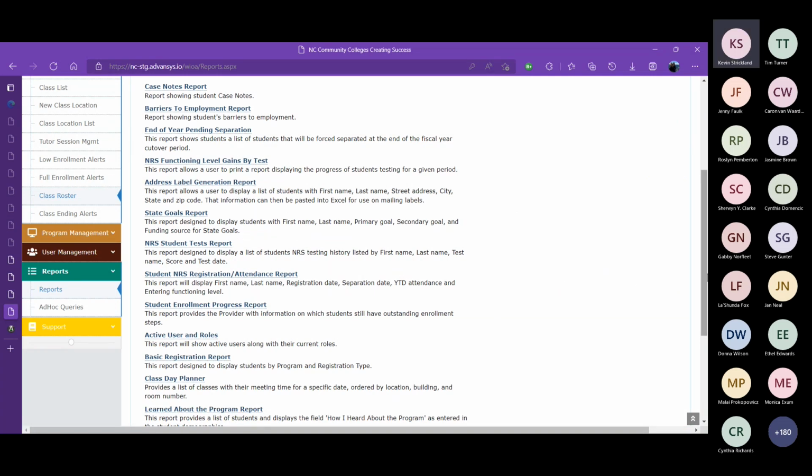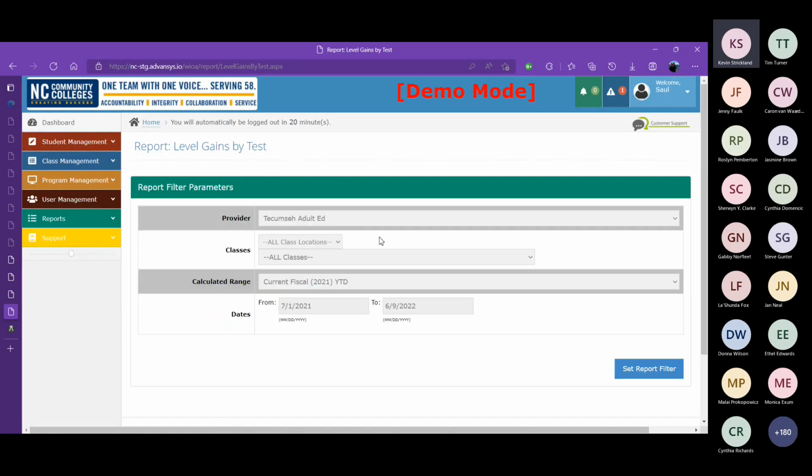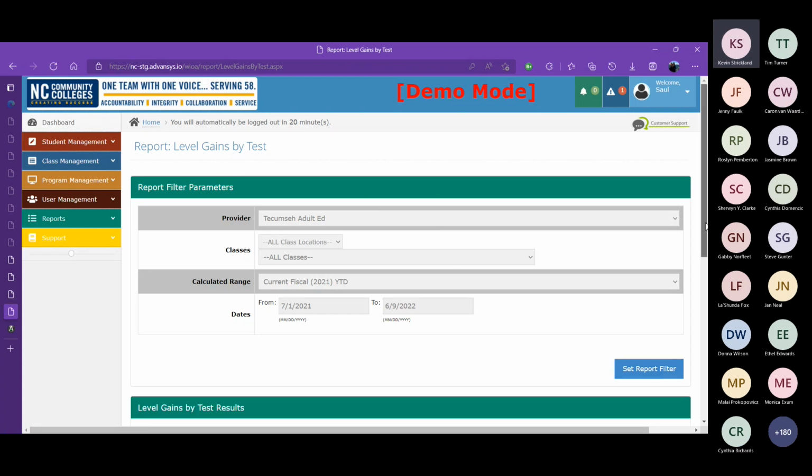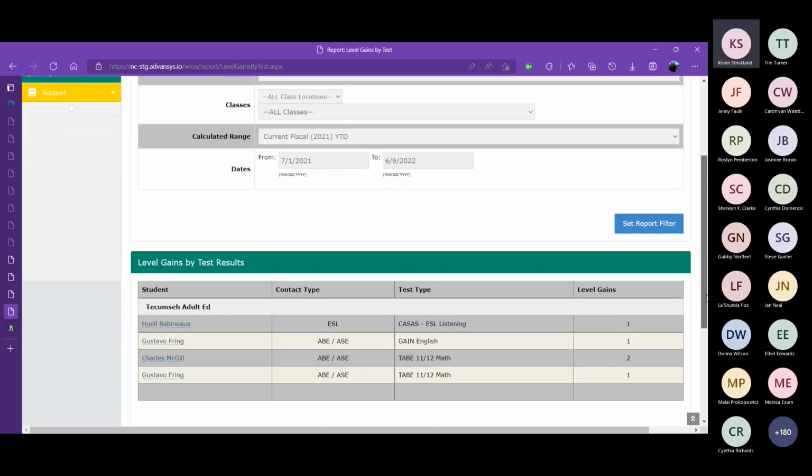Let's look at function level gains by test. It's another supplemental report that's in the system. This one you can break down with a little more reporting filter information. Set the report filter there. And what this